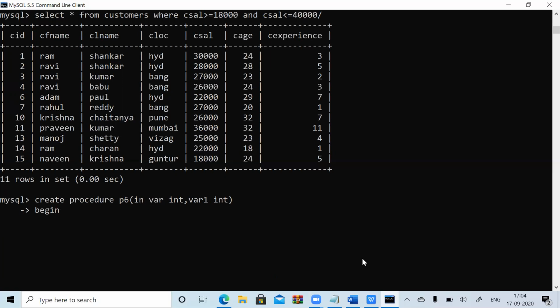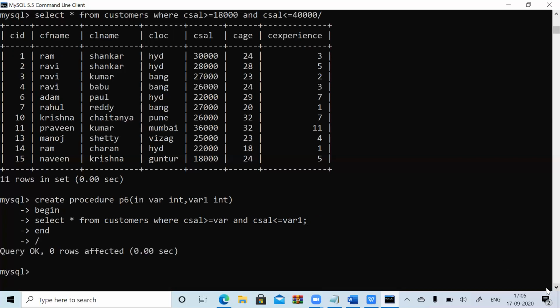Next, begin. Instead of the first value, I use the first variable, and instead of 40,000, I use my second variable. Now add your semicolon and slash, executing your things.